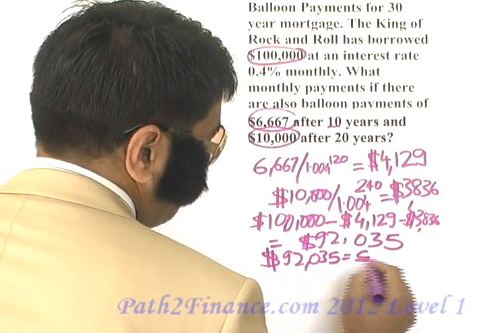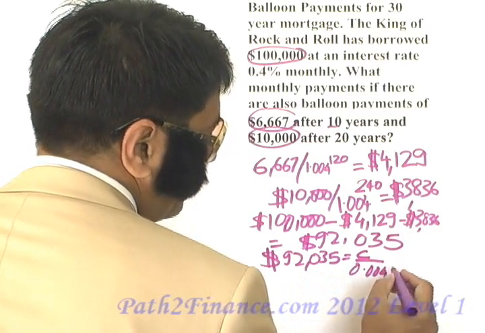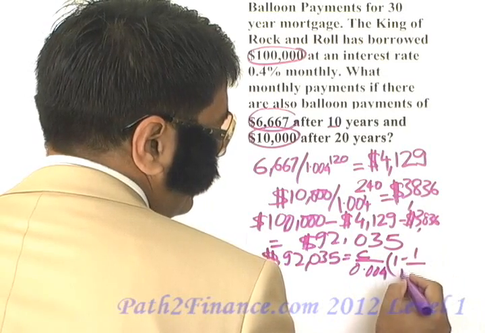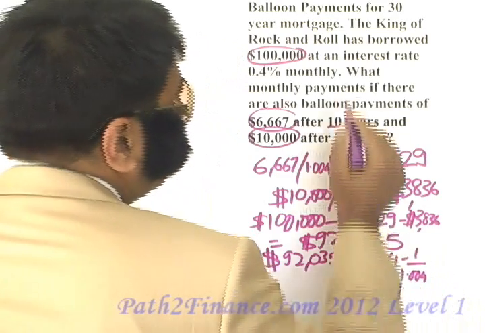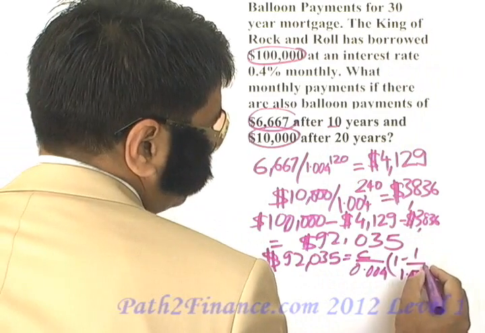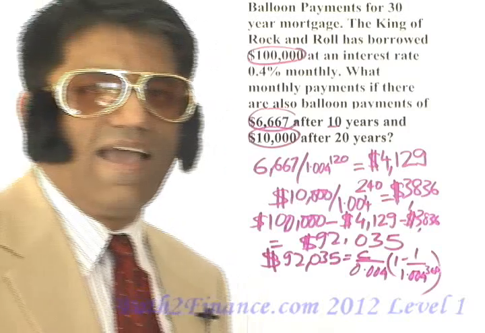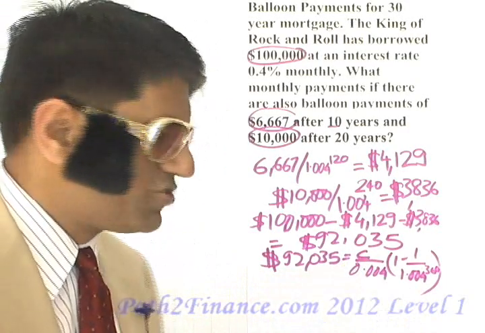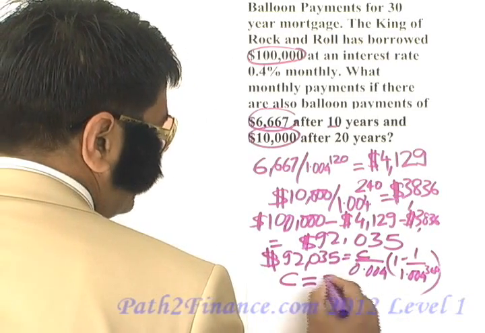I have $92,035 equal to the monthly repayment divided by the rate of return, which is 0.4%, into 1 minus 1 plus the rate of return, which is 1.004, and it's a 30-year mortgage, so that will be to the power 360. That's 360 months in 30 years. And then you solve for the value of C in this equation, and you get your monthly repayment to be